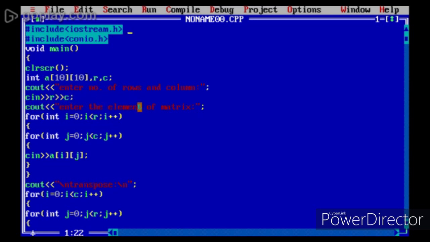Next we are telling the user to enter the element of the matrix. So for that we are including for loop. So for int i equal to 0 and i less than R denotes row, i++ is increment value, and inside the for loop we are including another for loop. So for int j equal to 0 and j less than C, so j will denote column, j++. Inside the loop we are getting the value for a of ij,